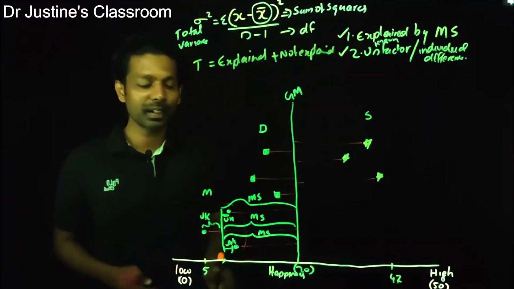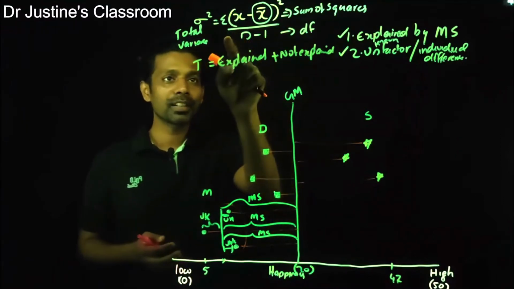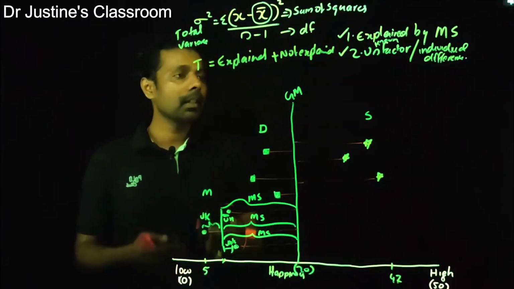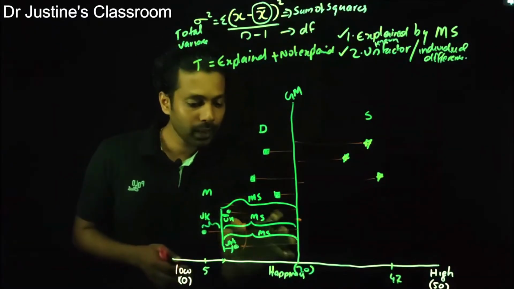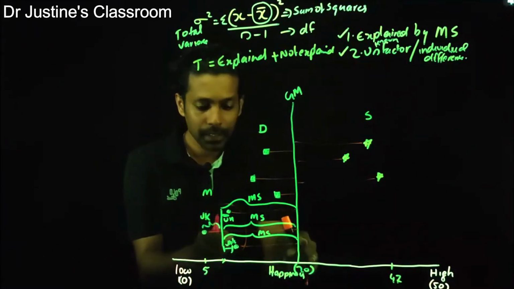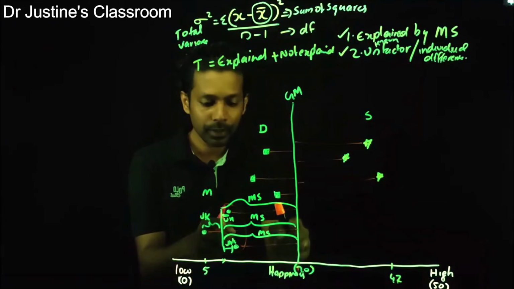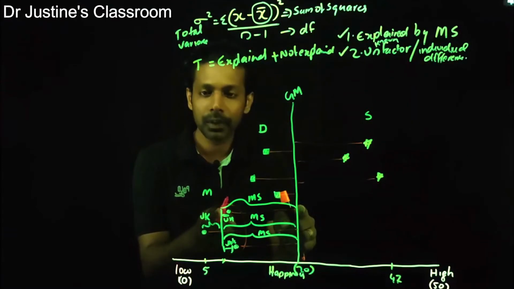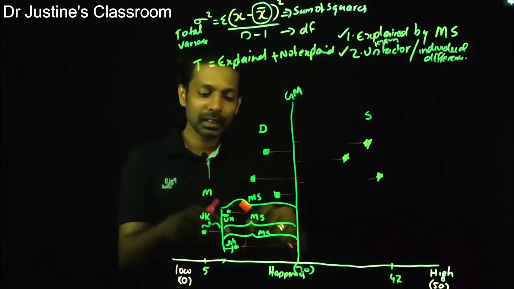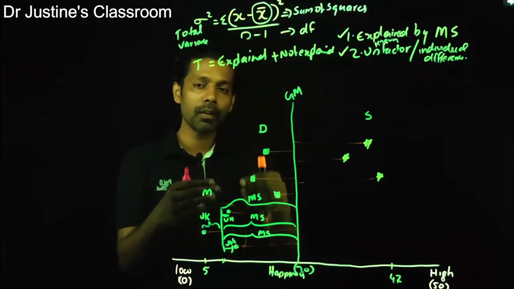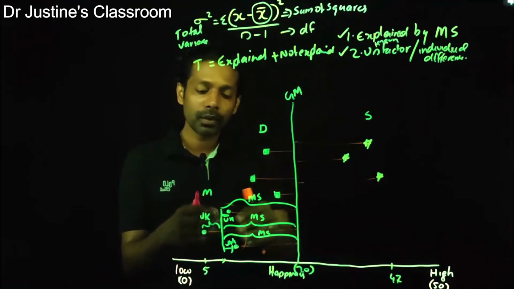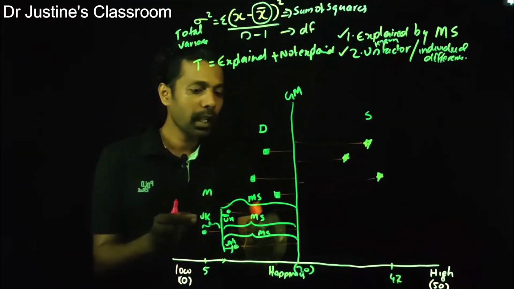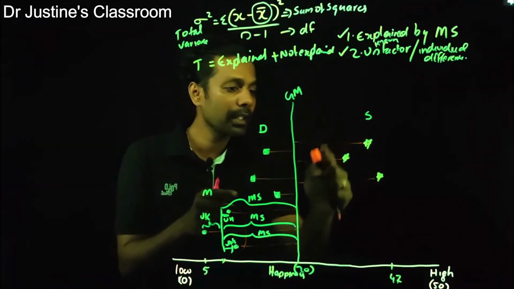So how do I calculate this? It's variance, so you have to use the same equation itself. How do I calculate the variance of the known factor, that is marital status? Here, I take one observation from the grand mean to the mean of the group, then a second observation from the grand mean to the mean of the group, and a third observation from the grand mean to the mean of the group. That means the value is the same, but three scores are there. You have identical values, three values, because there are three members in the group. So that's for one group, and I have the same condition here and the same condition here.